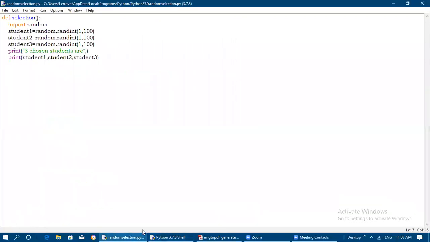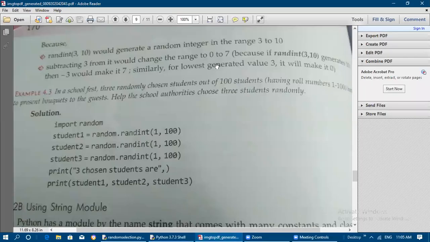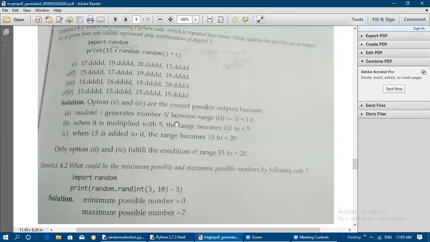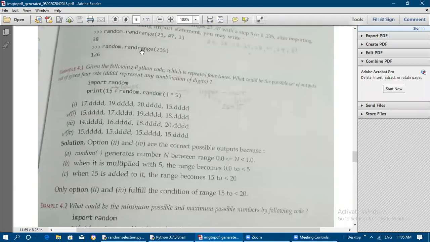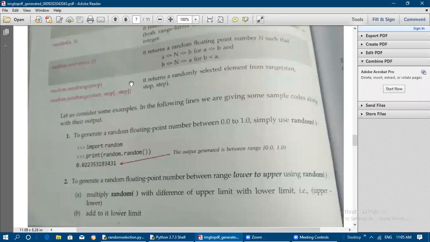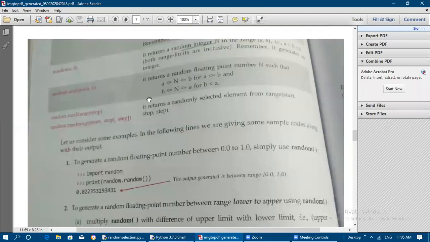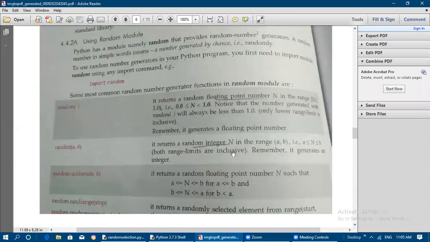Okay, so now see this randint, no, randint will include both ends of the range, that is, any number from 1 to 100. So not just 99, it can go up to 100 also. From 1 up to 100 it is inclusive.